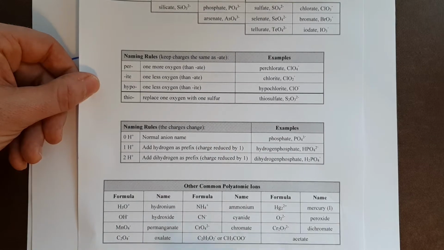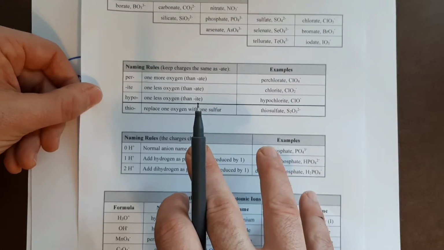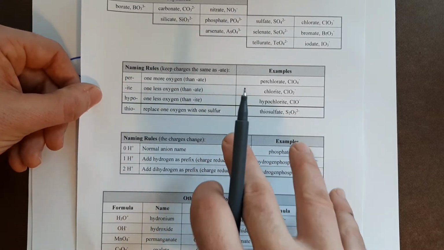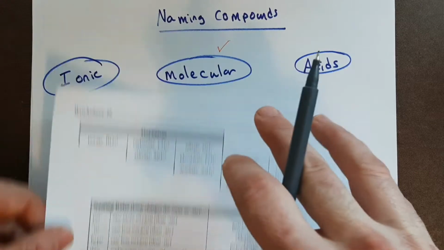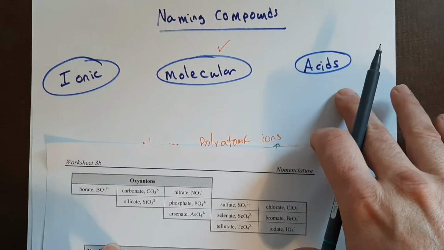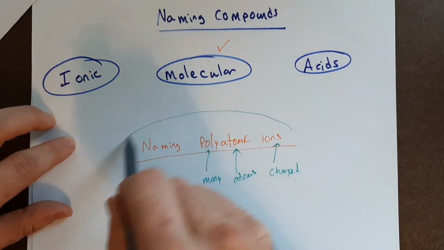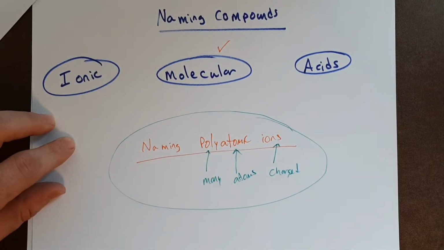So we actually have 3 videos on polyatomic ions and how to construct their names of just the ions here before we want to get back to using those ion names in an ionic compound or using those ion names to figure out an acid name. So we're going to take a big diversion for 3 videos and do naming polyatomic ions. So the first one,